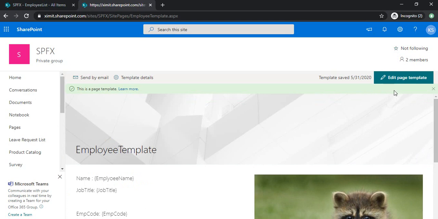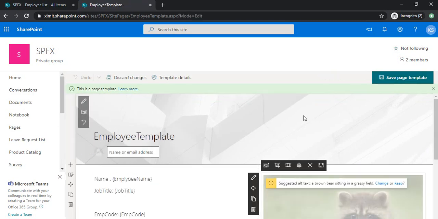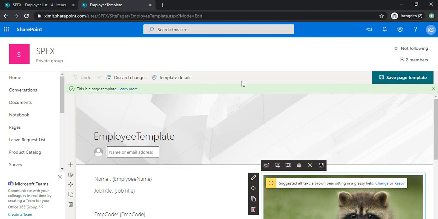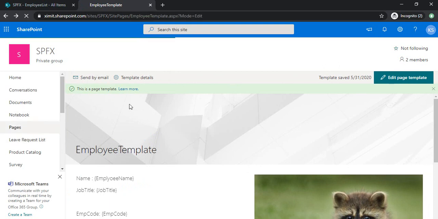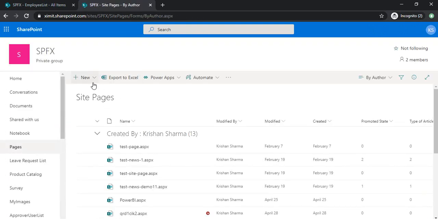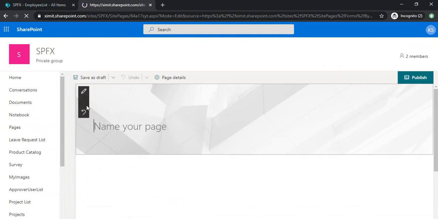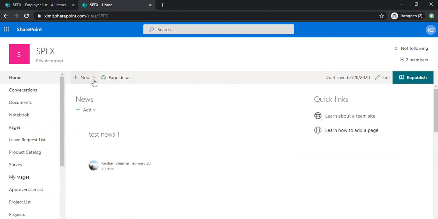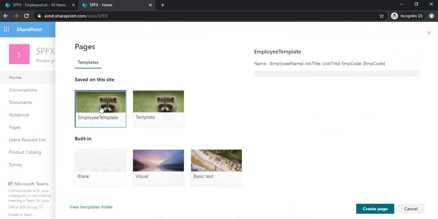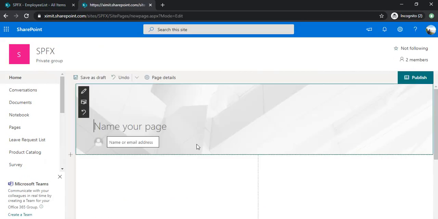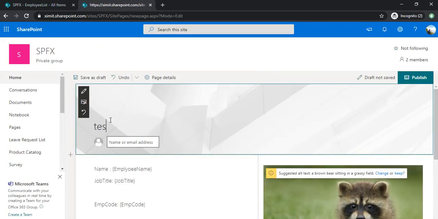So let's edit it again so that we can capture the save page action, and that's a bit of a tricky part, how to capture that. I can leave this page as is and create a new page from my library, so it's simpler rather than making confusion about whether we should edit the same page or create a new page from the template. So I'm going to the home page. I need that pop-up where I can select the template, so I'm selecting this employee template and creating a page. I'm naming it test sample page,